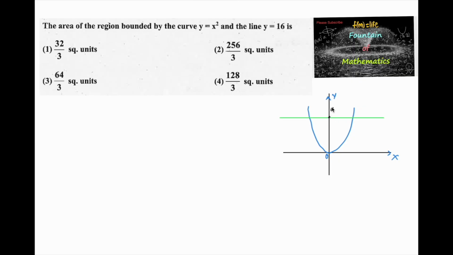So here is the point (0, 16). This line is y = 16 and this curve is y = x², and the area bounded is between them, which are two symmetrical portions. So by using integration with respect to the y-axis, we can write